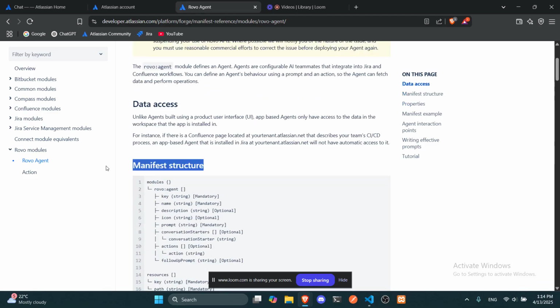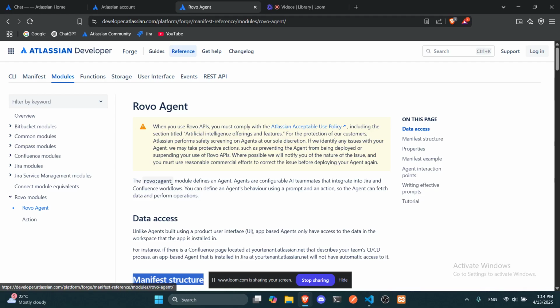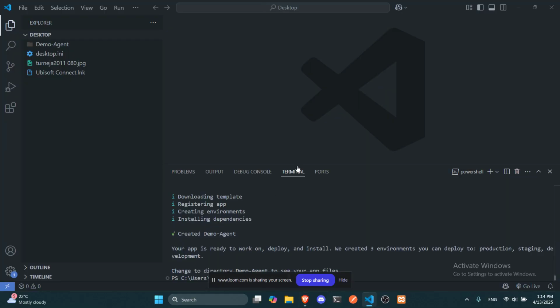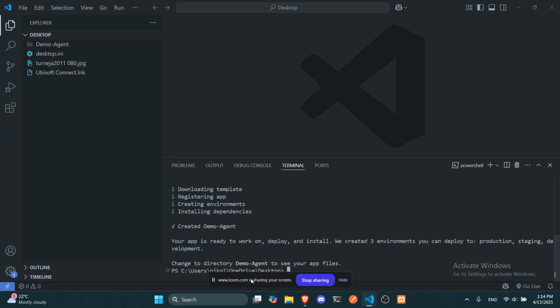First of all, you have the module of the Rovo agent. It says it defines an agent, and that they're configurable AI teammates that integrate into Jira and Confluence workflows. You can define an agent's behavior using a prompt and an action, so the agent can fetch data and perform operations. So it's already been done. It's already been installed, so it didn't take too much. And when we open